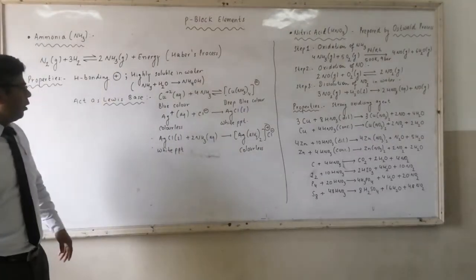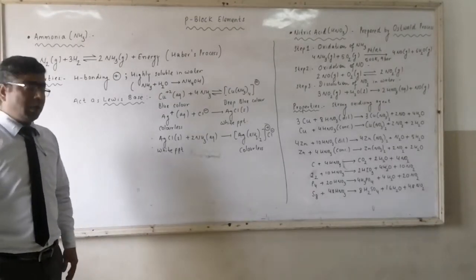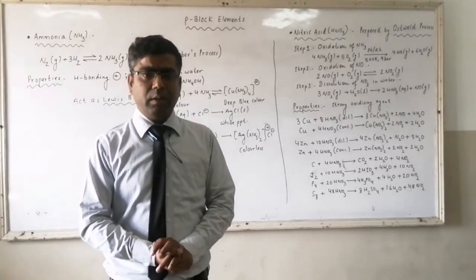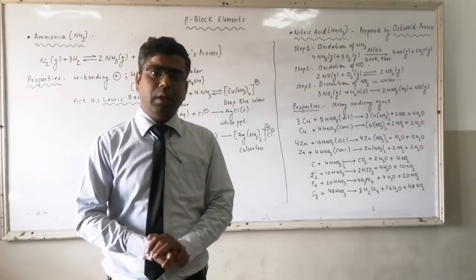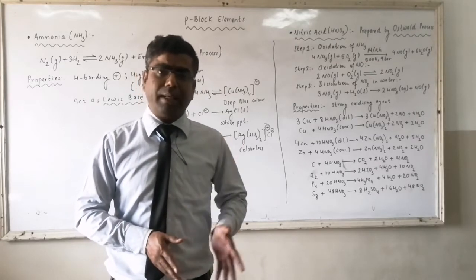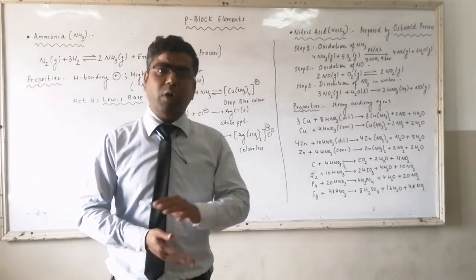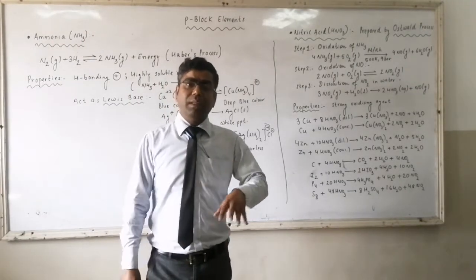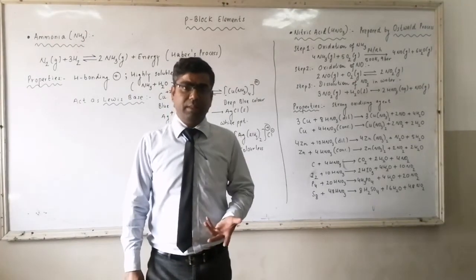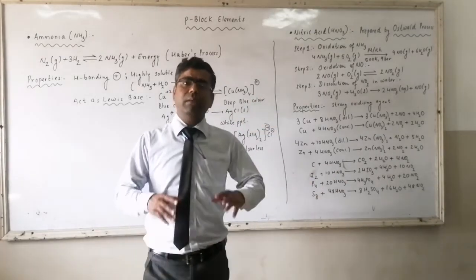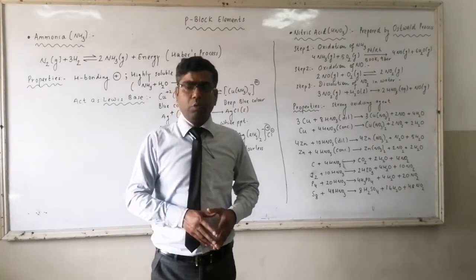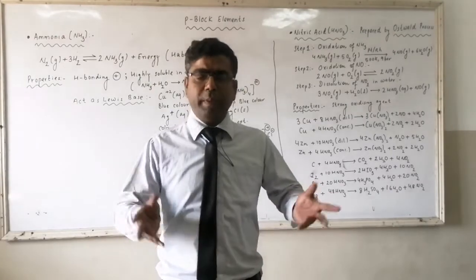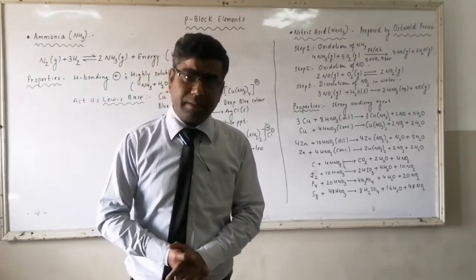The next point: over the nitrogen atom, we have a lone pair of electrons. Nitrogen belongs to group 15 or 5th A. There are 5 valence electrons. 3 electrons are involved in sharing with the hydrogen atoms. The remaining 2 are present in the form of a lone pair of electrons. So whenever a lone pair of electrons is present over the central atom, then such compounds or molecules can act as Lewis base. They can donate their electron pair. So all the species which can donate their electron pair are treated as Lewis bases. A Lewis base can react with Lewis acids.